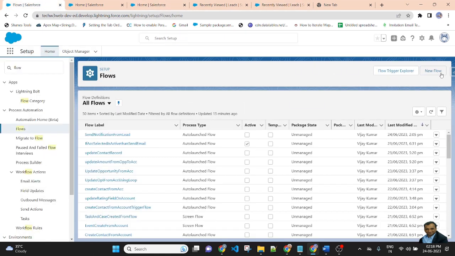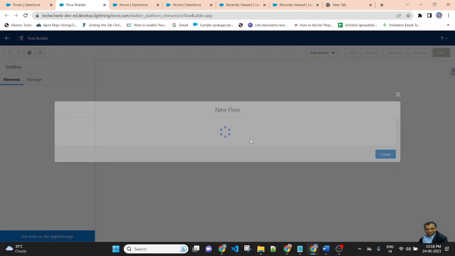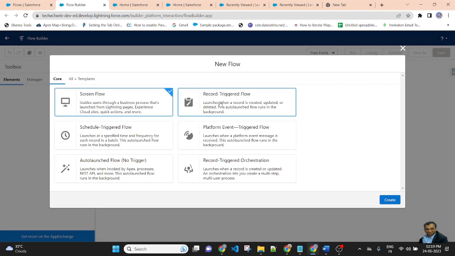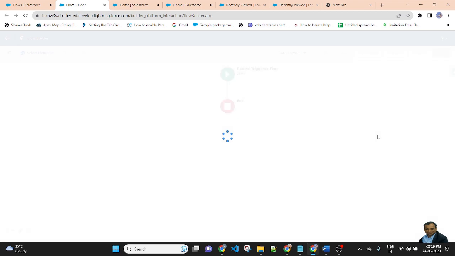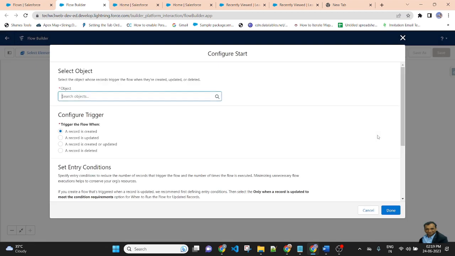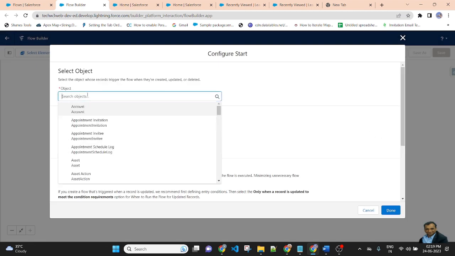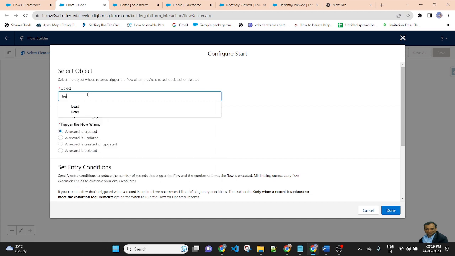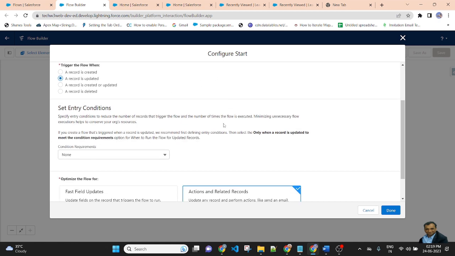I'm creating a new flow. I'm selecting Record-Triggered Flow and Create. The object name will be Lead, so I am searching for Lead. If a lead is updated, then I selected a record is updated.